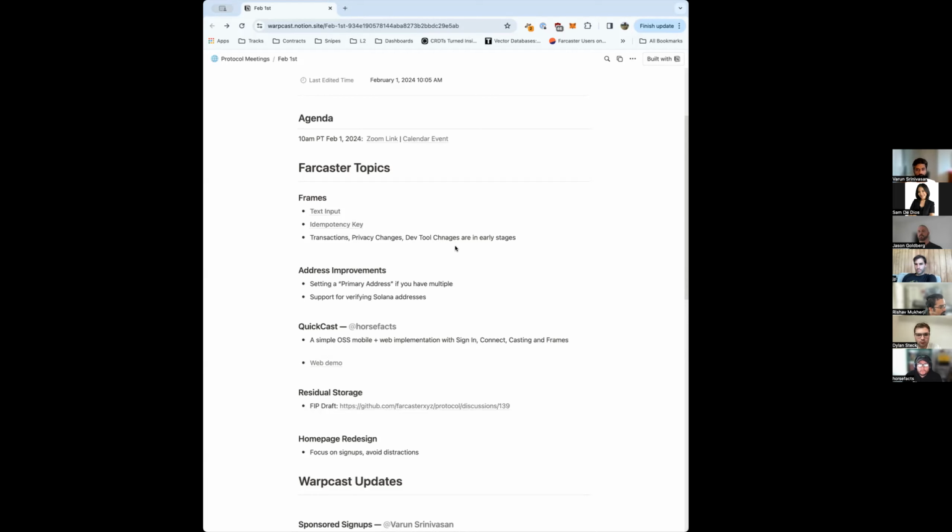Third bucket of changes are developer tool changes. So there's going to be a set of things that we are improving on the dev tool side of things in terms of just making the frame validator a lot easier, giving you more real-time feedback. There's a bunch of small improvements that we've gotten feedback from folks on. So those, we're just going to do them. We're not going to write a spec for them. They're just going to roll out as soon as we finish them because they're all fairly minor improvements.